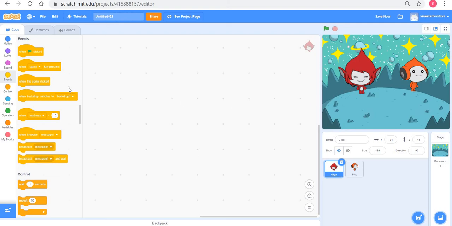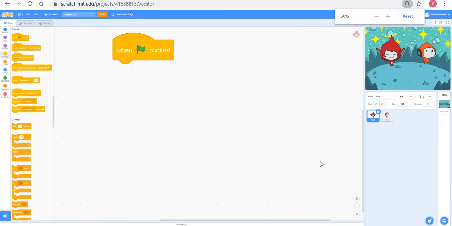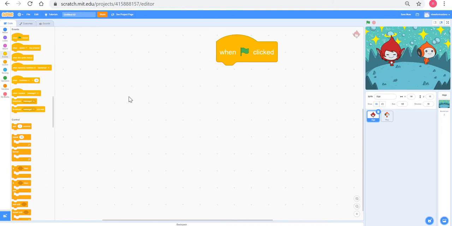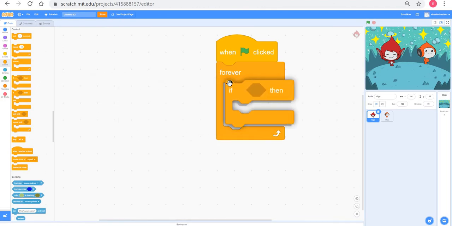As always, I shall start my code with when flag clicked. I put the forever block. In the control section, I say if touching mouse, this is something we have done before.